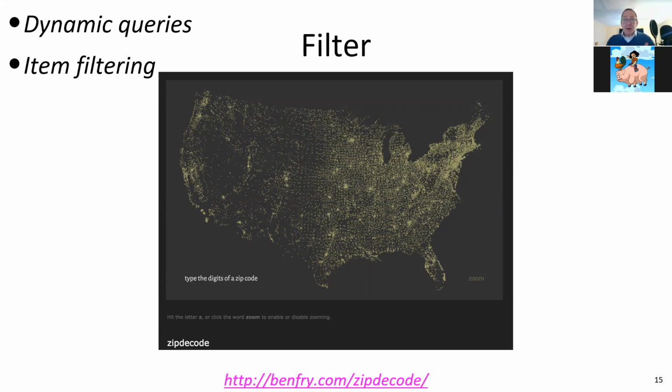So it might be the red lights in Ottawa. I can filter out half of them based on the ward, or a chunk of them based on the ward. Give me all the red lights in Alta Vista. I only see the red lights in Alta Vista. Filtering attributes would be each of those red light icons might encode multiple pieces of information. Or maybe it's the